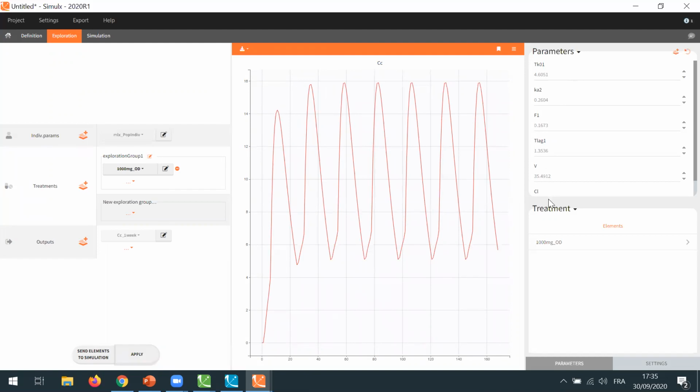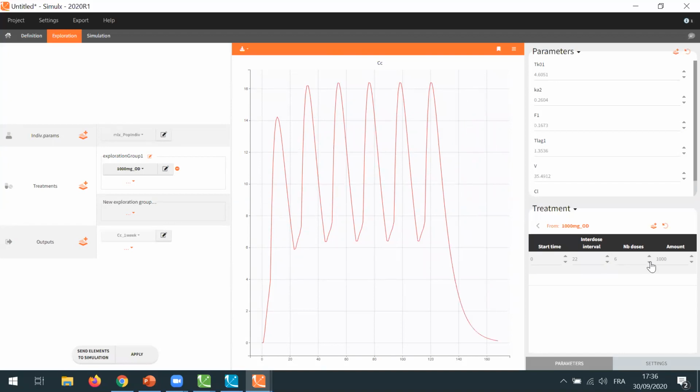And on the right, I can change the values for the parameters and for the treatment here. I can change the values for the interdose interval, for example, or the number of doses. And I can see in real time how it affects the prediction. So this tab really allows me to explore interactively the model and the impact of the parameters and the treatment.